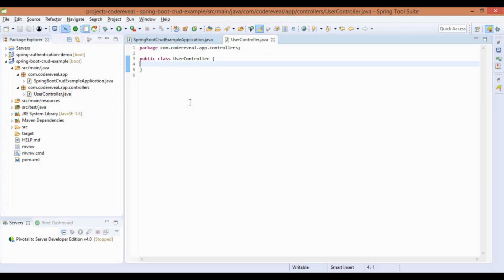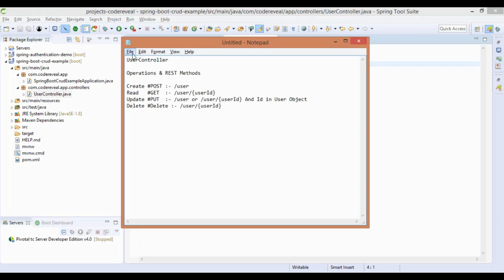But before we proceed to define the methods in the REST controller, we have to discuss something: the operations that we are going to perform. So let's first discuss that. Our class is UserController, the REST controller that we have created.